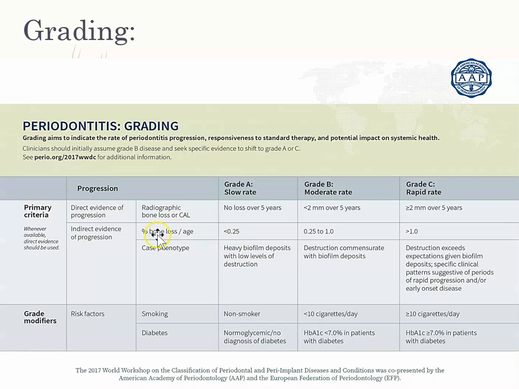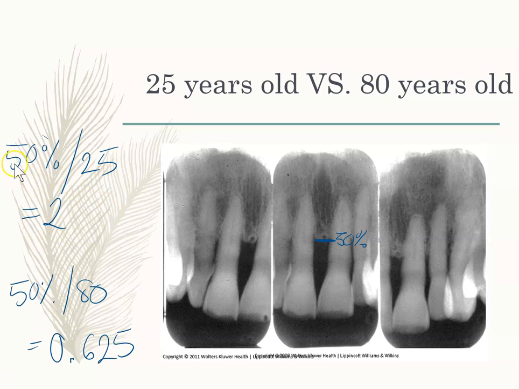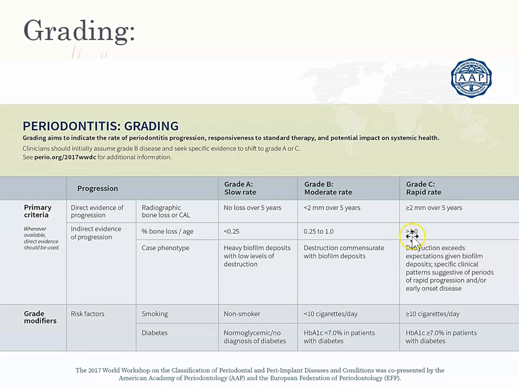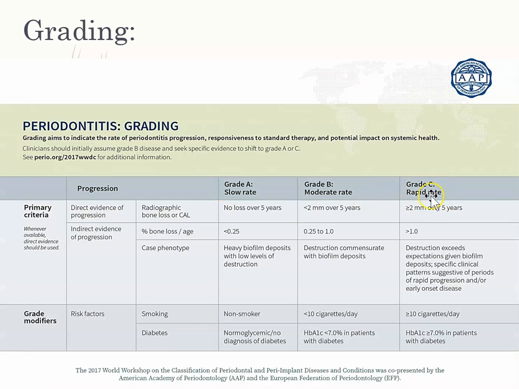So what do you do? You take the percent of bone loss and you divide it by the age. So you can see the calculations here. All I did was I took 50 divided by 25. I didn't make it into a percent. I just did 50 divided by 25 and I got 2. What does that tell me? Well, if you have a number 2, that's higher than 1, so that's a grade C. So this 25-year-old who has this condition has a grade C condition, which means they're losing bone at a really